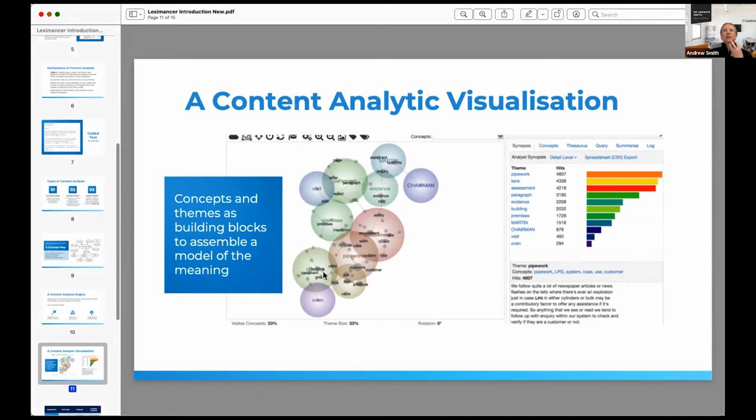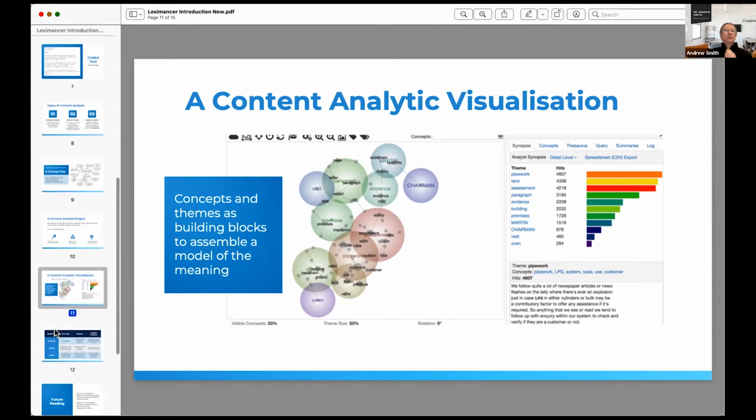Just look for what concepts are near each other and what are far away, and look at the factors, the dimensionalities that form, and the general clustering, and the narratives that form. On the right-hand side, there is more quantitative information, the ranking of those concepts and their frequencies and co-occurrence frequencies.